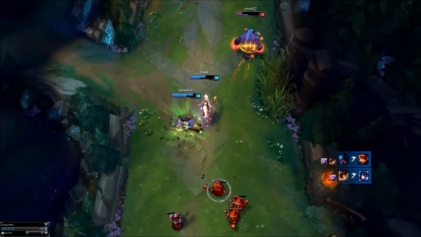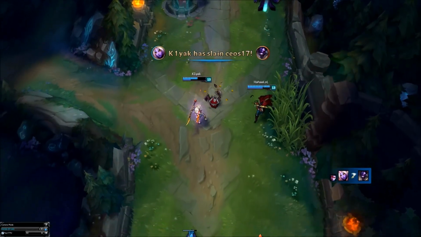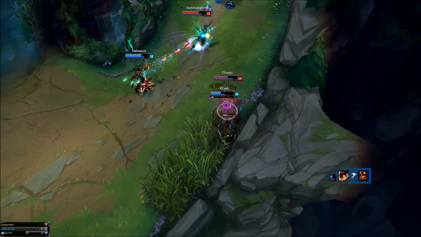No all-ins will take place until you've won. Auto attack and retreat while doing it. Do your combos while retreating. Do your combos while chilling out. Do not all in. If you want to play something that has real power in lane and could just